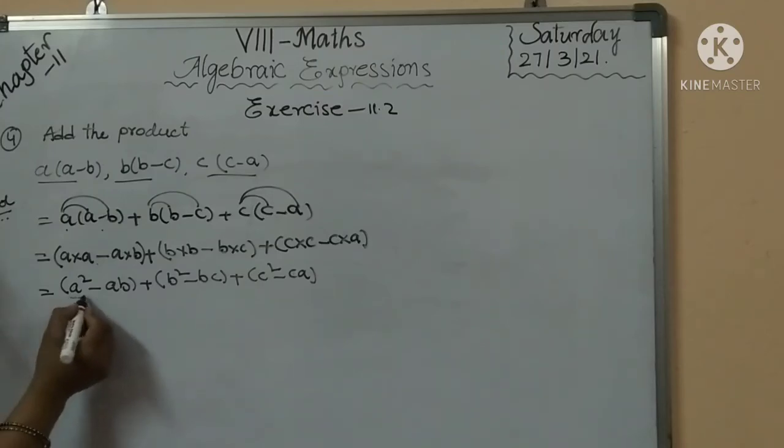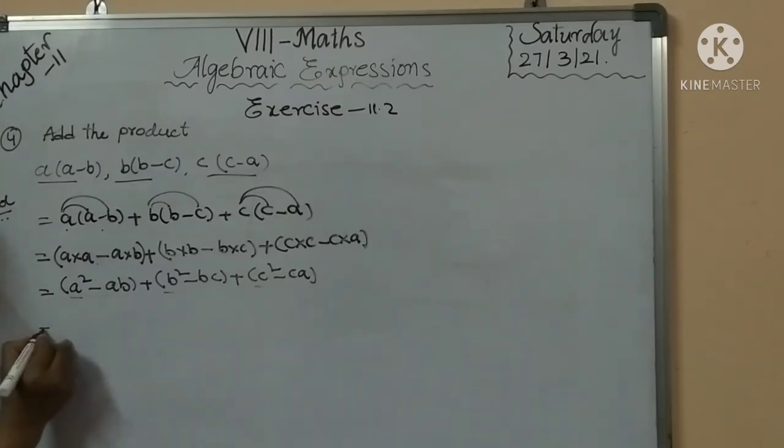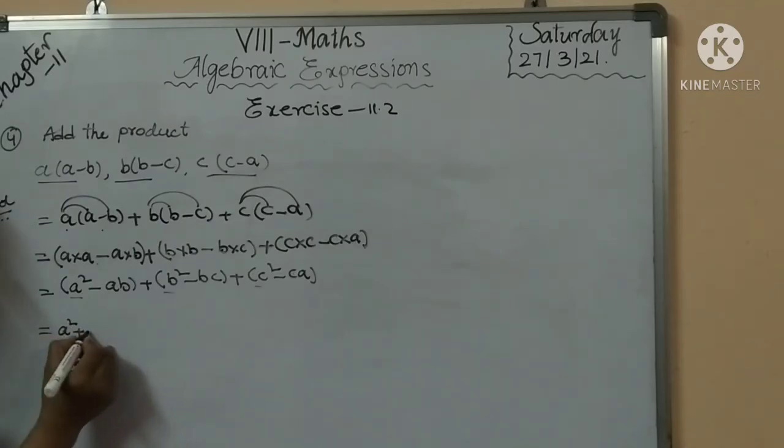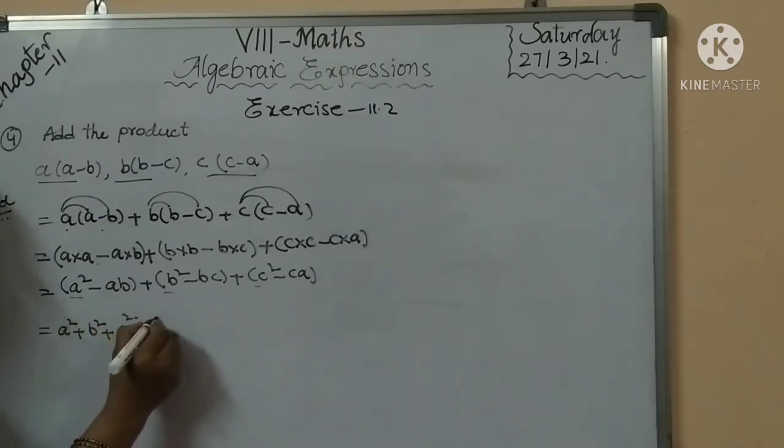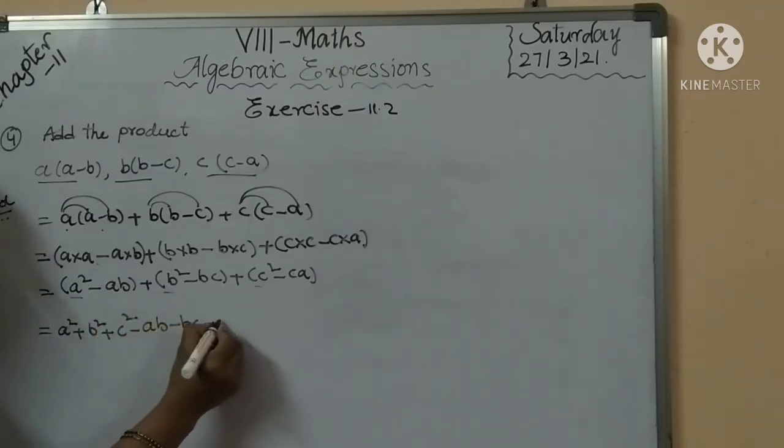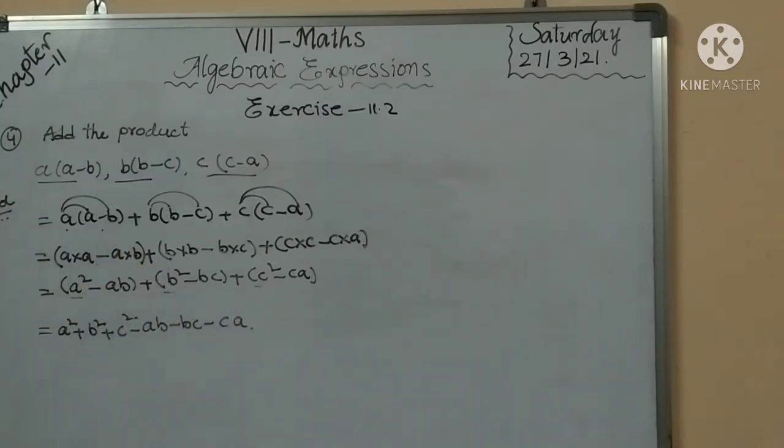Okay, write here, any terms are adding, same terms? No. So write here a square plus b square plus c square minus ab minus bc and minus ca. Understood, children? Okay, right. Next, fifth one is the homework. Same. So here, fourth problem is a monomial and binomial, so fifth problem is the monomial and trinomial. First adding after product. Okay, right.